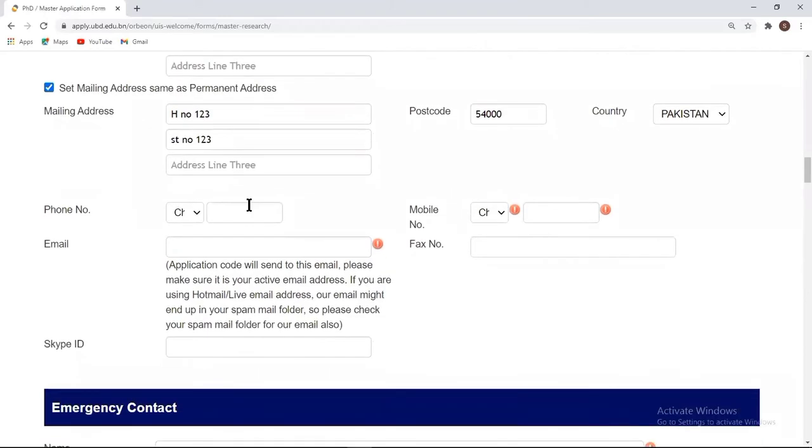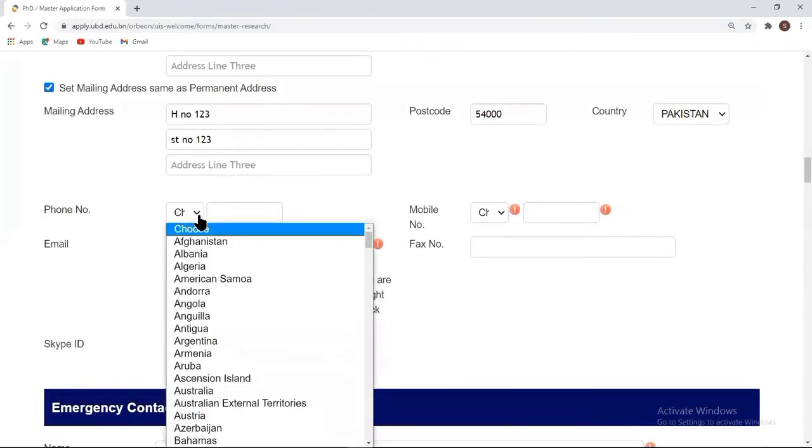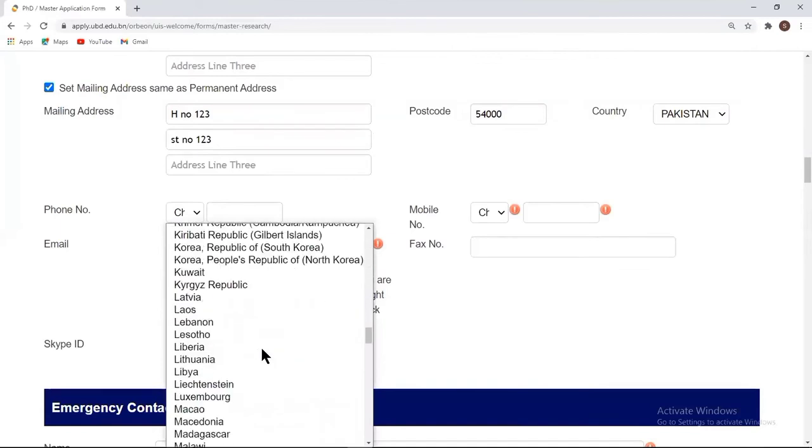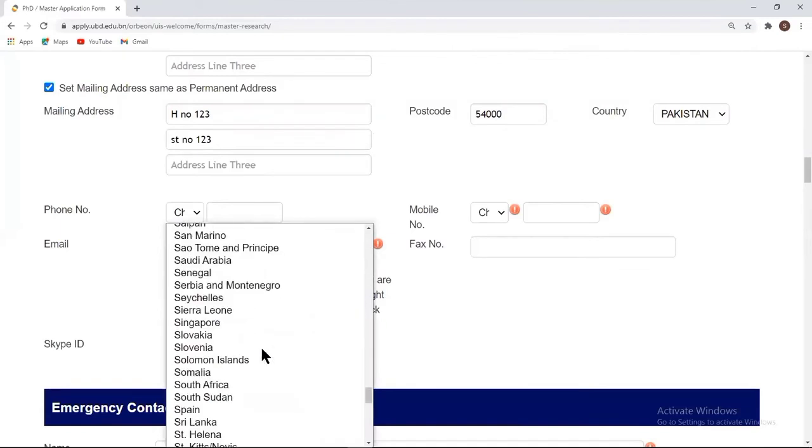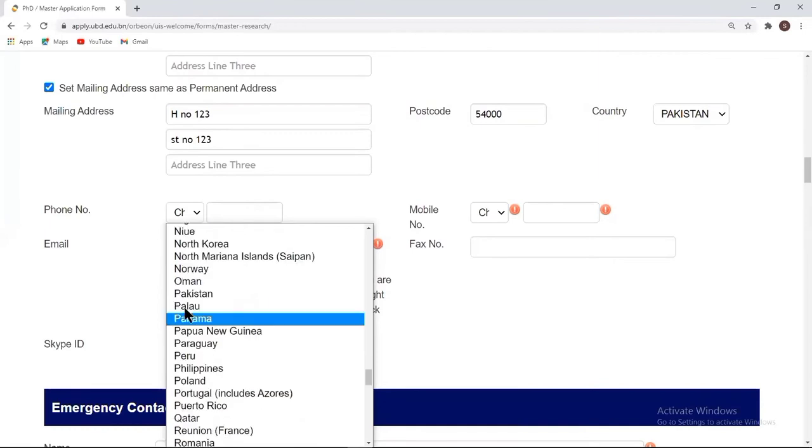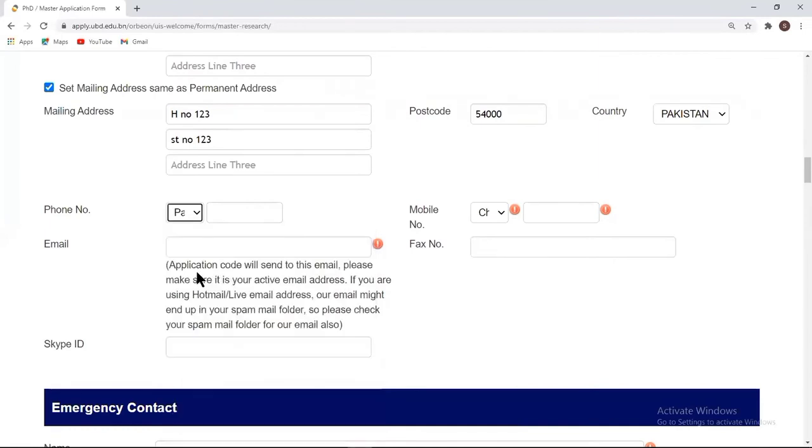Write your phone number, but before that select your country. Write your email.